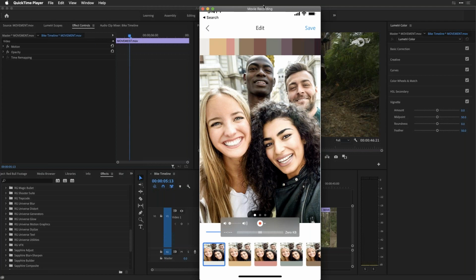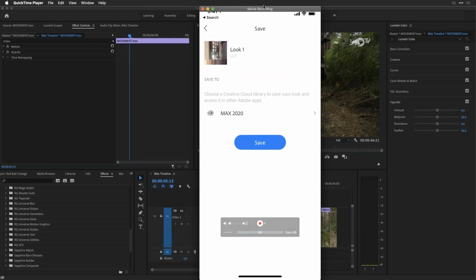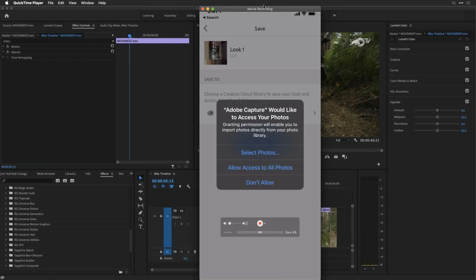If I tap on the phone, it's not quite happening right now, but usually it will reveal the original look. And there's a slider at the bottom that also allows me to dial up and down the intensity of the look. Now, while this is useful in its own way, this also syncs up with Premiere. So I'm pressing the save button, and I want you to notice that I'm saving this to a library. Libraries are Adobe's terminology for something that can be shared across their suite of applications. For looks, this is specific to Premiere Pro. I'm actually going to save this